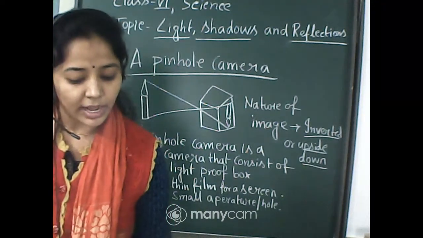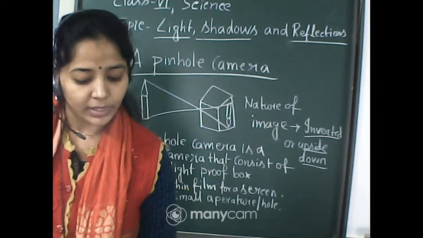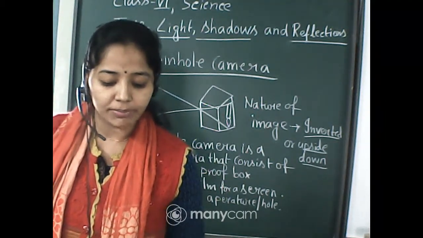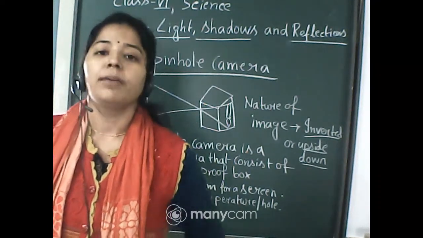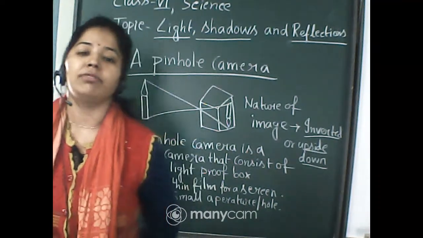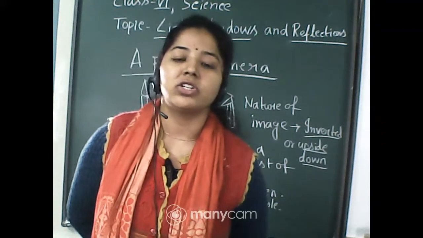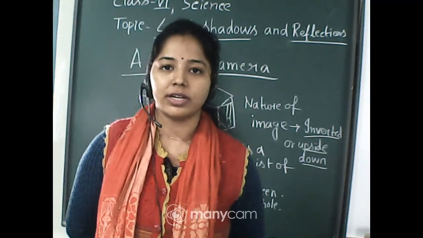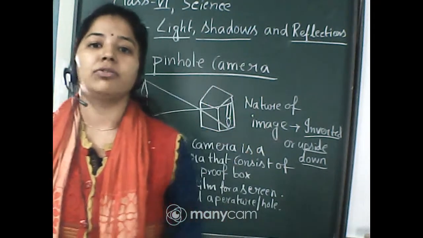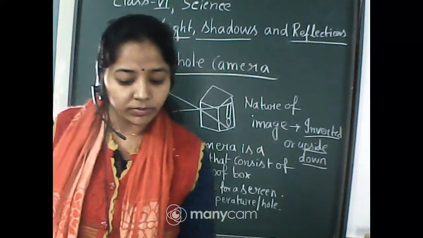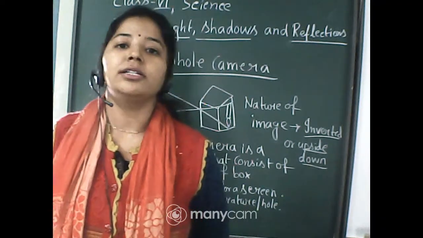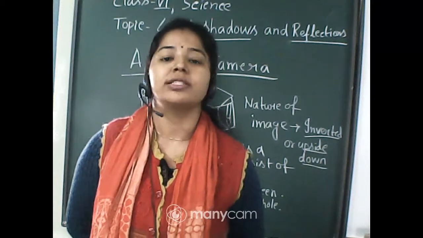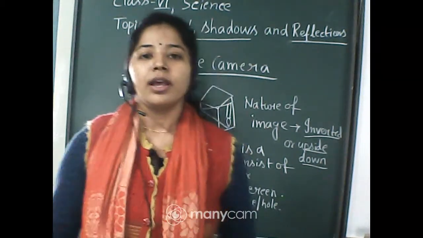In the next day, I will discuss the next subtopic from your science book, that is 11.4, mirror and reflection, along with the propagation of light, means how light travels. Actually light travels in a straight line. By an experiment I will show you how light passes through a straight line, and also the rectilinear path of light, and there I will tell you how image is formed by a plane mirror. Then I will also tell you another phenomenon that is known as lateral inversion.